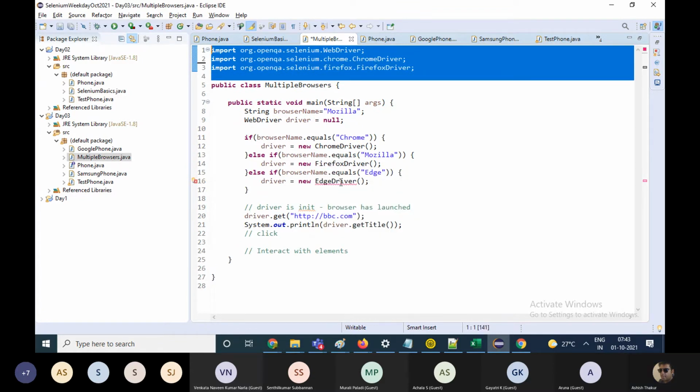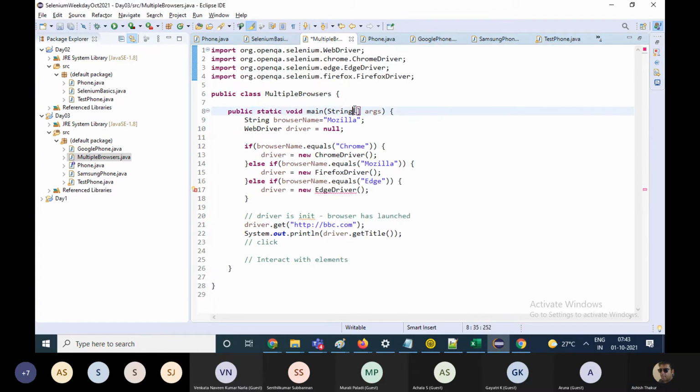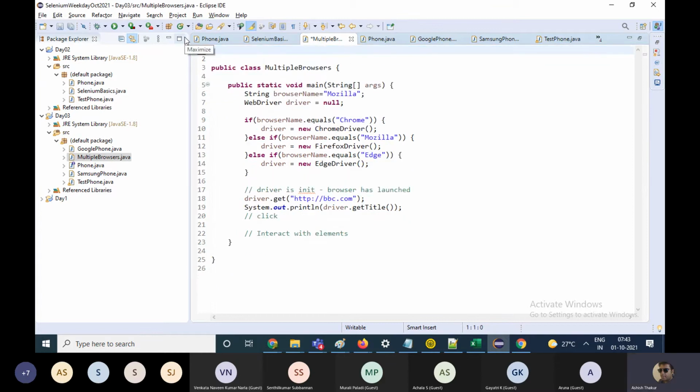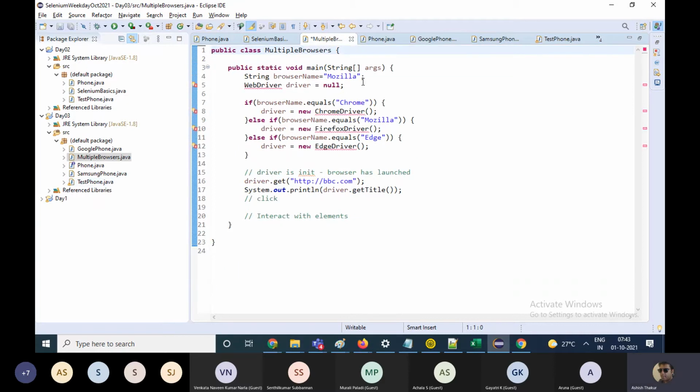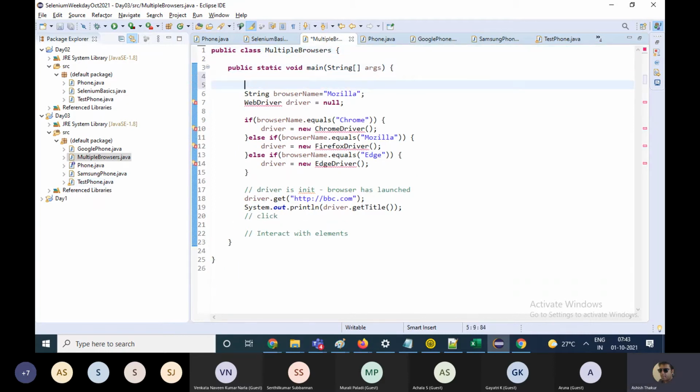Or you can hit Control Shift O as in orange of the keyboard. All the imports will come up automatically. Control Shift O. And the third is that if suppose I am writing the code, how did they come in my case?